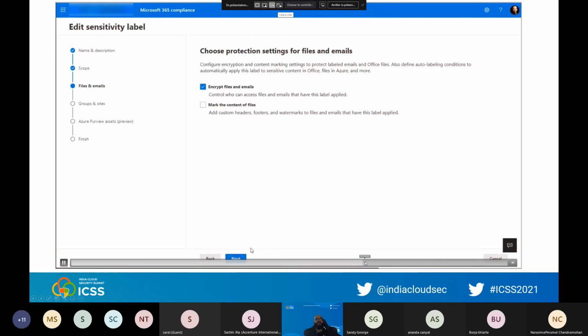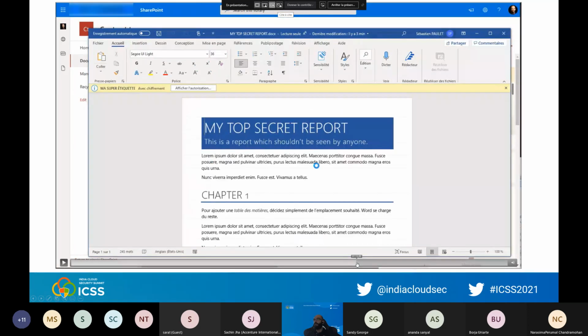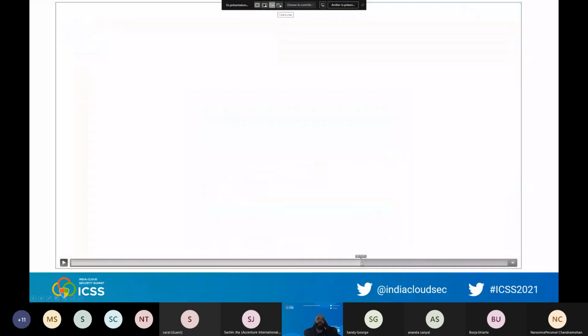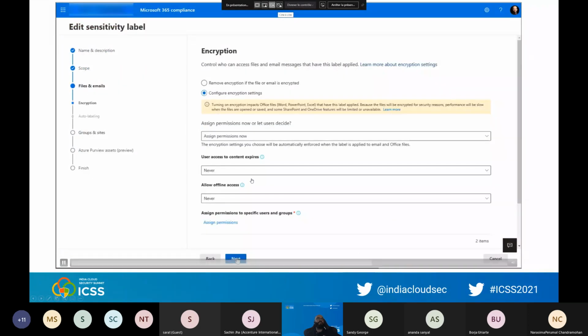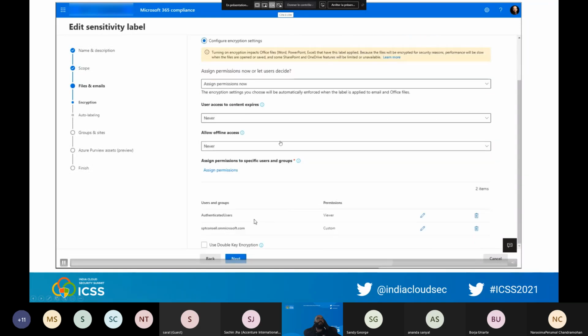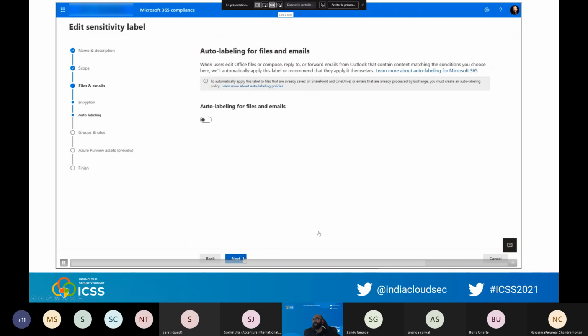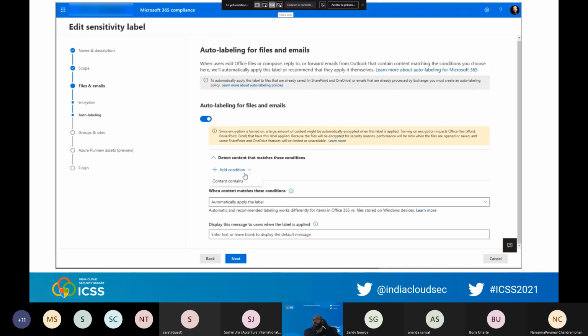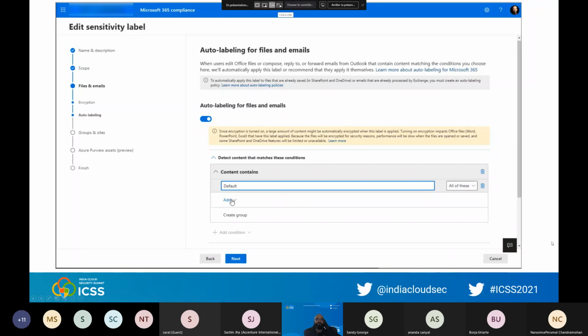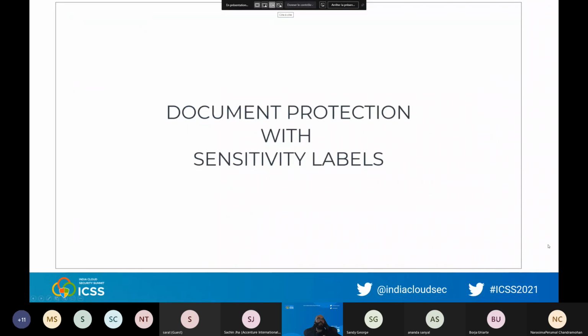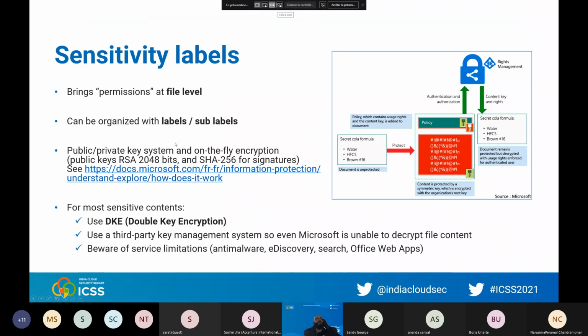Creating such a label is an easy operation. You need to go to the compliance center in your IT admin compliance center, and it's something like you see. I won't go in detail, but it takes something like 5 minutes to set up and 24 hours to deploy. Okay. You can see that you can, by security group, determine who is able to do what on a labeled document. Okay. That's it for sensitivity labels. If you want to know more about sensitivity labels, you have this page here, which is really helpful, which explains in detail how it works.